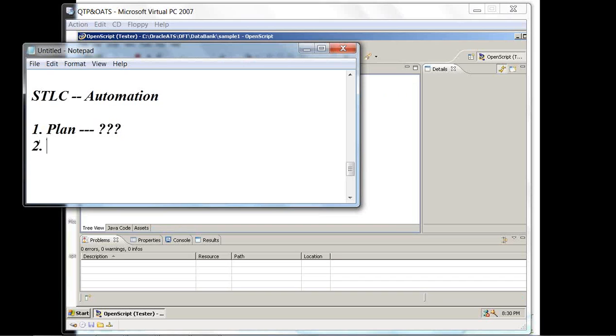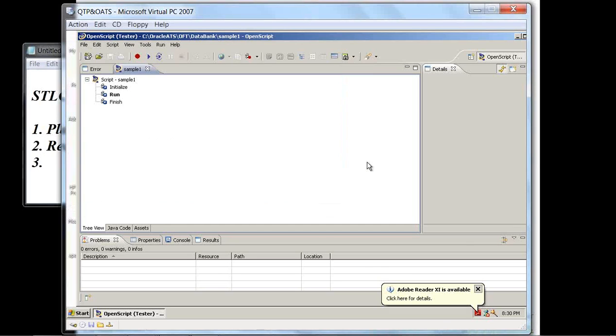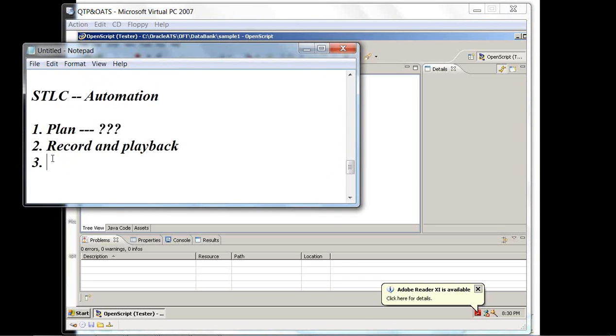And second, we go for record and playback. In any automation tool, it should support record and playback. Though in the long run we do not rely on recording only, it should still support us for recording and playback.